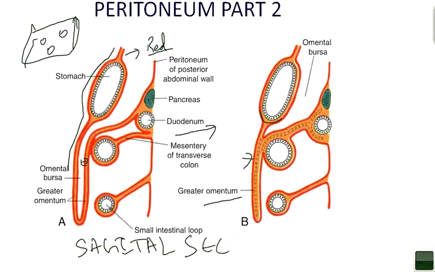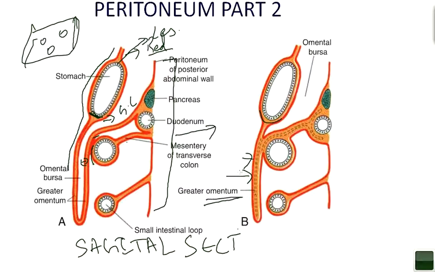This is actually a sagittal section, and you are visualizing the middle aspect of the view. This is the greater curvature of the stomach, and this is the lesser curvature. Now you can clearly visualize how these two sheets came together here and got engaged, and how this is formed. As you can see here, the mesentery of the transverse colon is attached to the posterior abdominal wall, and how these loops are attached. Now we can see these two fused and form the greater omentum.